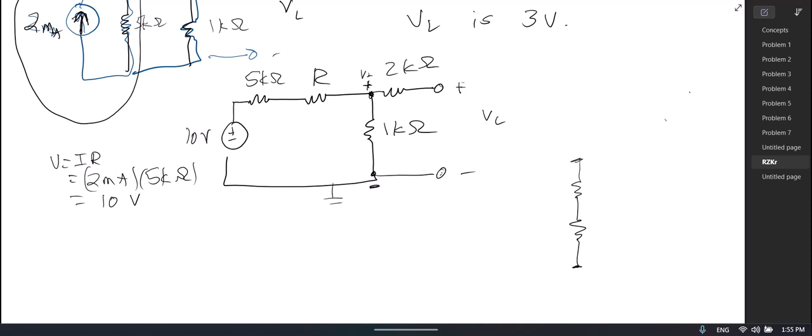I have 2 resistors in series. I'll call this voltage VA, and I'll call this voltage VB. This resistance I'll call R1, and this resistance I'll call R2. They're in series, so the rest of the circuit is going off and doing something else. They're in series, and that means they have the same current going through them, but they have different voltages across them. So if I want to figure out the voltage across R1,